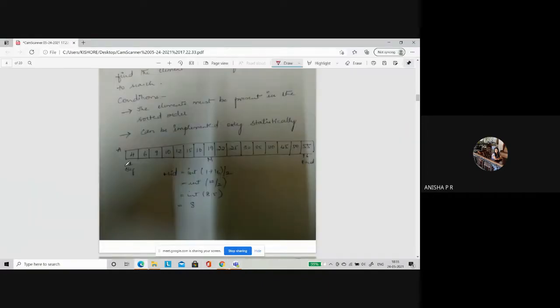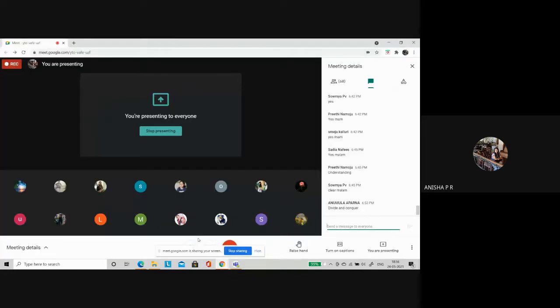First look at this. Whatever elements you're using here, first you have to see the middle element. You have to get hold of the middle element first. So how do you do that? You take the first position plus the last position, divided by 2. So here you got 1 plus 16 divided by 2. It was 17 by 2. It became 8.5. You round it off to 8 rather than 9, because integers take only the first part, removing the 0.5. After the decimal point it will not consider anything, because you are writing it with an integer.